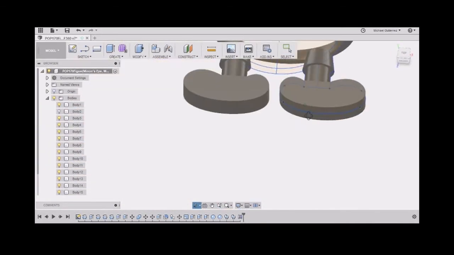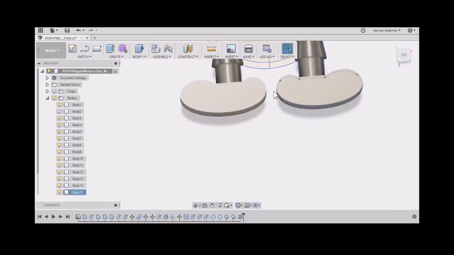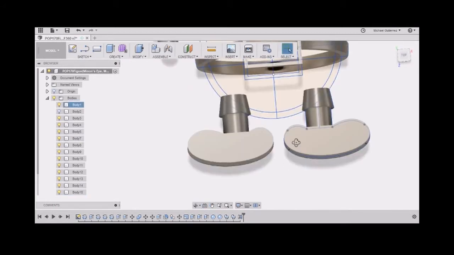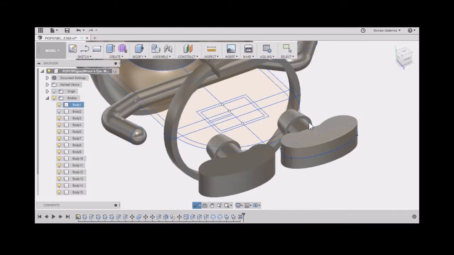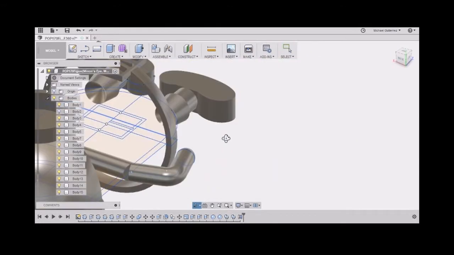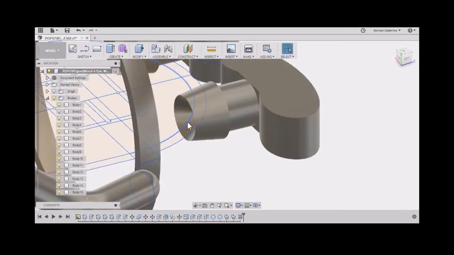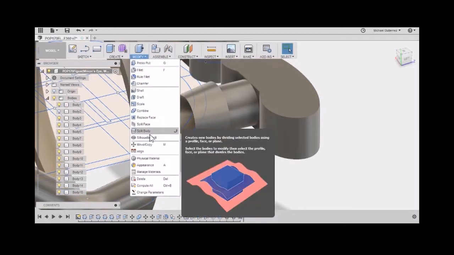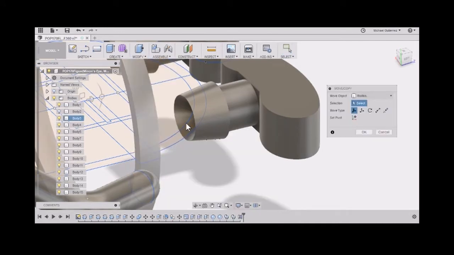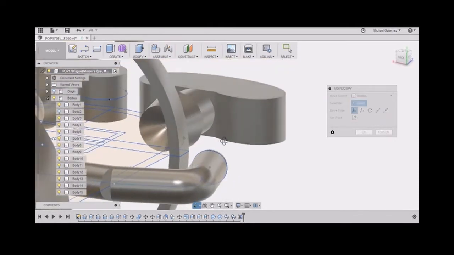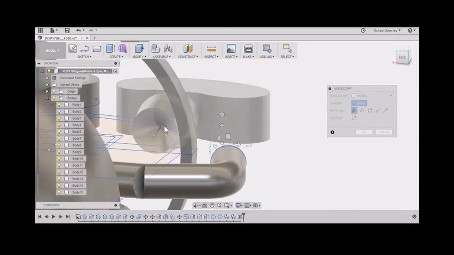Now, if you don't want your legs like this, you could also just get the other side. You also could rotate it, and by rotating you use the move command as well. So you're going to hit modify, move. Now if you notice that this one is way over here, if you want it to be right there instead of way over there,